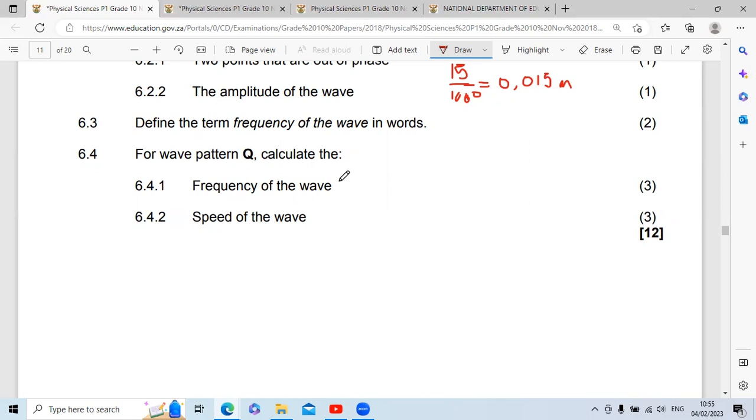So now we're going to look at wave pattern Q. Sorry, but I'm not using the pro version of Zoom, so I think it's going to cut real soon. So how about I